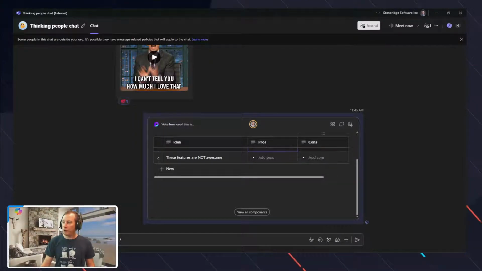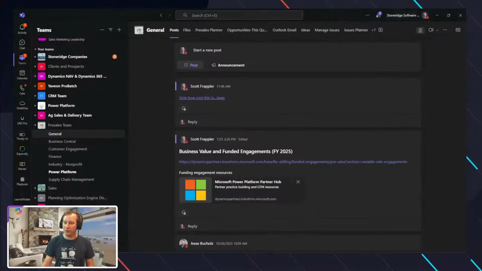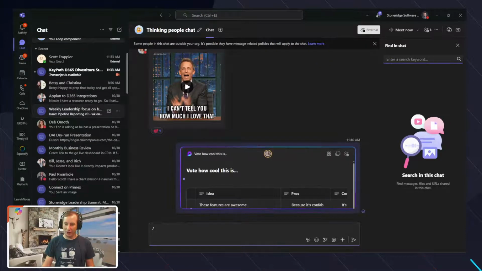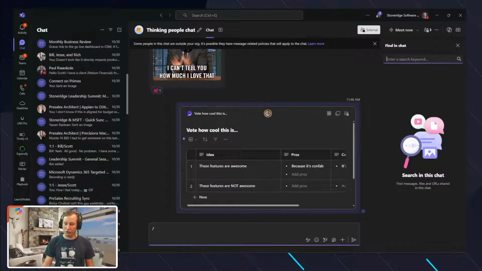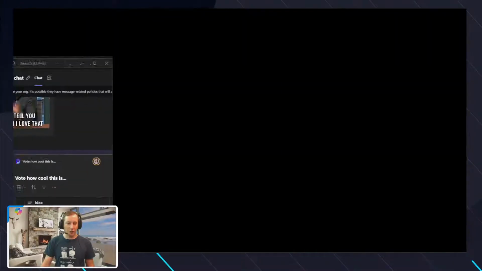One of the features that we have, obviously, is the Copilot integration as part of that, right? So this chat needs more conversation to be able to really interact with Copilot. Let's see if I can pick one, for example, that's fairly benign, that has a lot of content that we could actually go through and talk about. So let's take, for example, I'm going to move this off to the side just really quickly. Yep, okay, that's what we'll do.